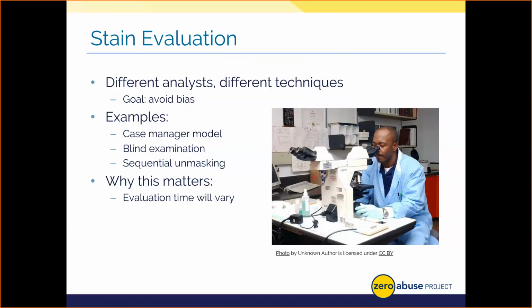Let's cover, just for the sake of time, a few popular examples. Under the case manager model, managers will be fully informed about case context and where items might be inundated with potential biological evidence, while examiners are provided only basic information needed for the specific testing tasks they're asked to perform. They may know they need to look for a stain, in fact, not much else. The case manager can then provide additional insight on an as-needed basis to avoid bias from creeping into the analyst's decision-making.